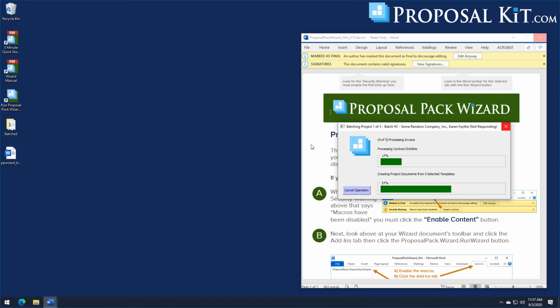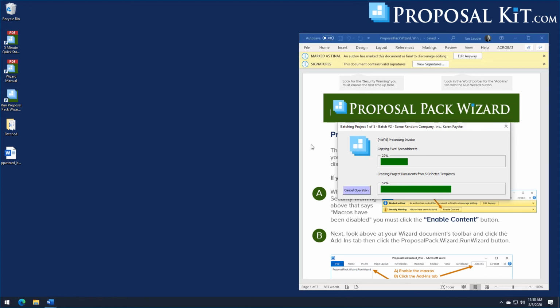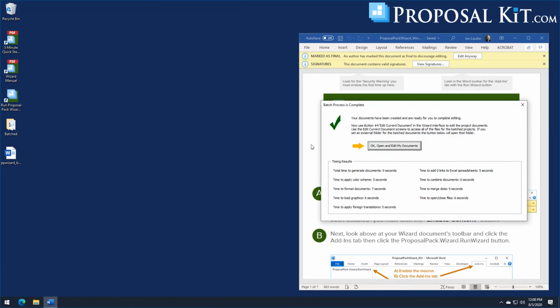Now we could have made an edit to the batch template, say, to add a new body page into the generated documents, and it would actually go and add that new page into all the documents that are created in the previous batch. Okay, now the batch update has been completed,